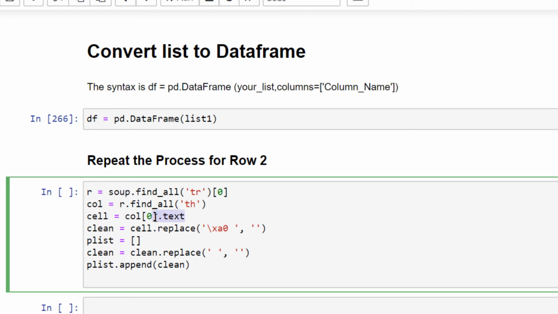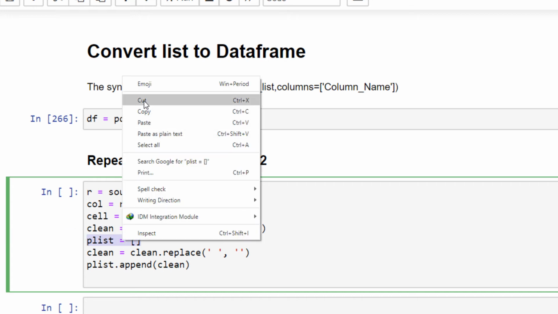So the dot text method is used with that, and we have observed that in our text there are some unusual characters like these, so I'm replacing them with nothing. The last part, single quotes, in between there is no space or nothing, so this specific text will be replaced with nothing. Similarly, let me move it to some other place.